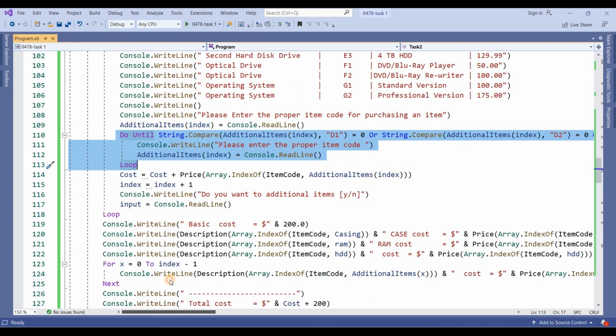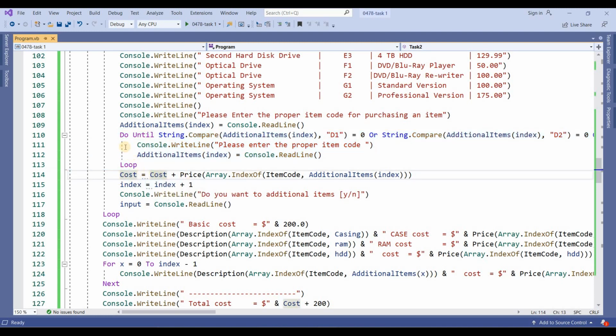Whatever value you have entered, if it is matched with these values that I have quoted, like D1, D2, E1, E2, E3, F1, F2, G1, G2, then it will move next. If it does not match, it will repeat until you enter a value among these values from the array.